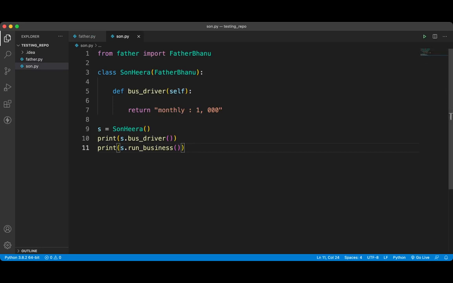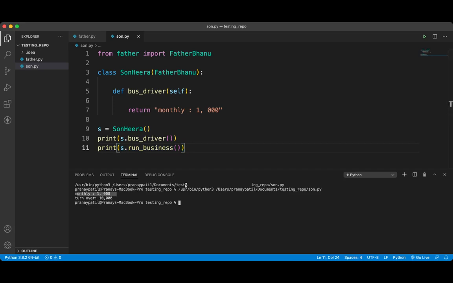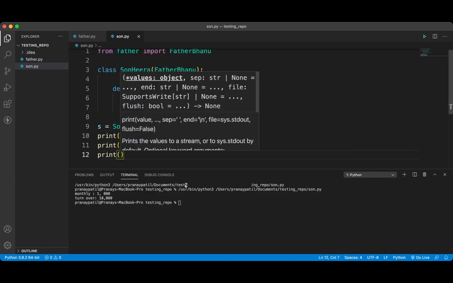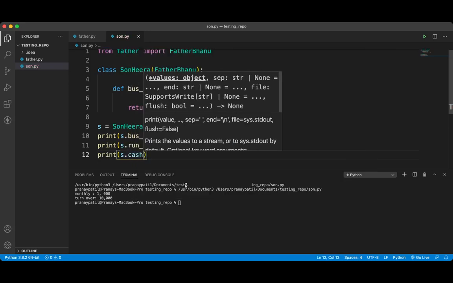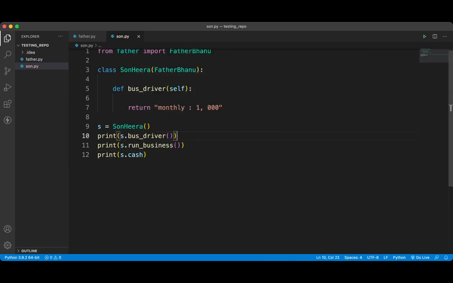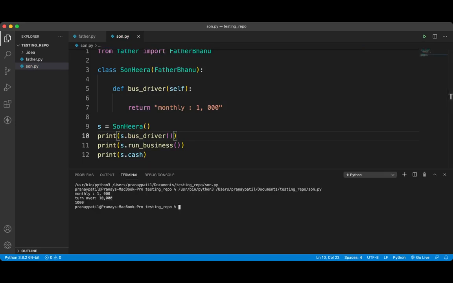When we run this run business, we can see that he has a monthly income of 1000 as well as the turnover, and he also has access to whatever cash his father had. So the cash value is 1000, the monthly income is from bus driver, and the turnover is from business.